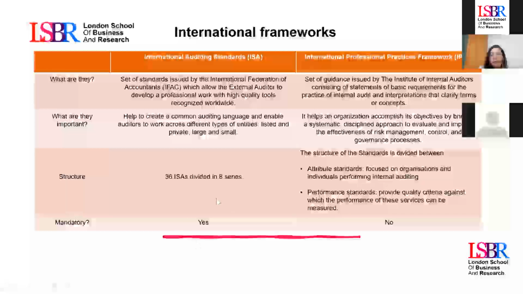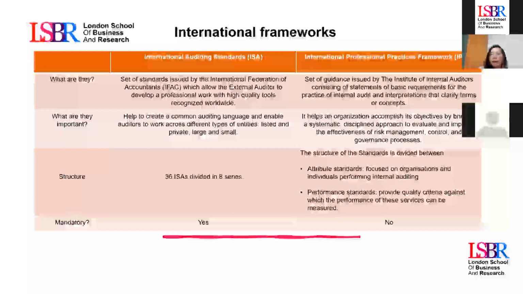And yes, as I told you, they are mandatory rules, so we don't have an option. I mean, we need to use these rules because these rules are mandatory. And on the other side, to rule the internal audit, we have a guidance or a set of rules.